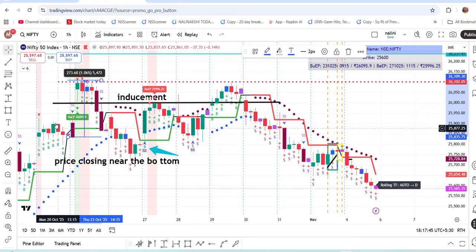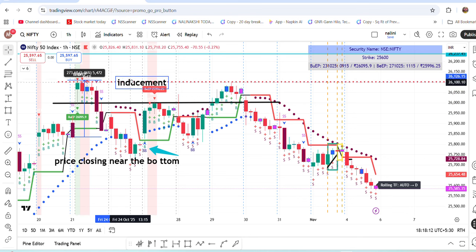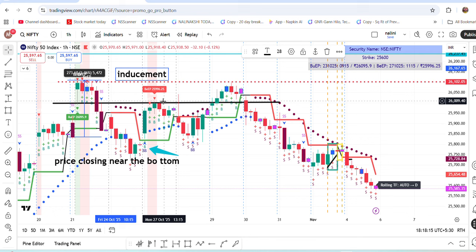And a bearish EP was generated on the same day also, because it is indicating a triangle. And then price came down and closed near the bottom. Same type of behavior, and it did not go to this level. It stopped here, inducing fresh sellers into the market. And their stop losses were here. This is an inducement. Stop losses were here, and it induced both the buyers. On 29th, you can see, and these are the breakout traders.